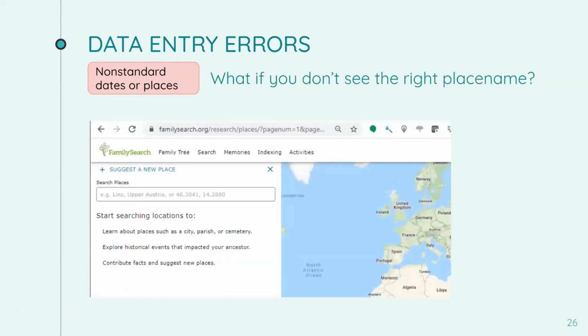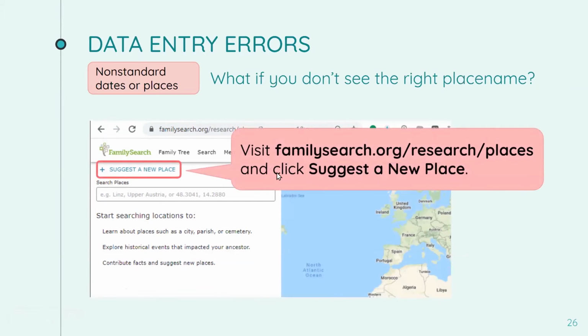Now, what happens if you don't see the date or place that you need to pick? I've never had that happen with a date, but I have had it happen with a place. If you don't see the right place name, FamilySearch has made a way for you to submit a suggestion. You go to this website here,